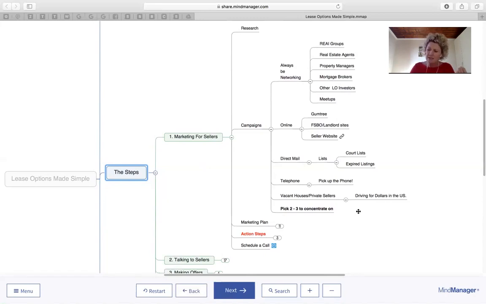Now, as I said, make sure that you are keeping track of all the seller leads and networking leads that you are going to be generating, because it won't take long for this list to grow. If you're contacting just 10 sellers a day, then you're going to have 70 names by the end of the first week and 140 by the end of week 2, and around 300 by the end of your first month,